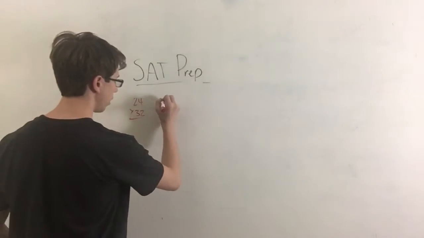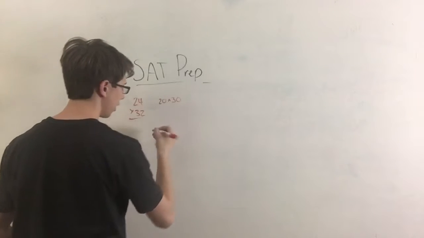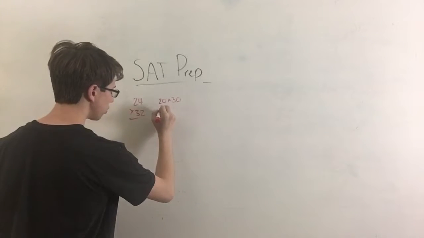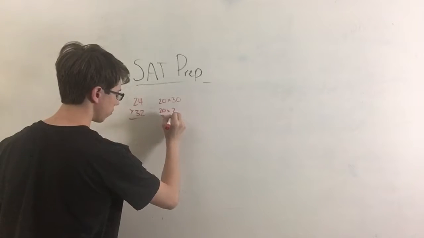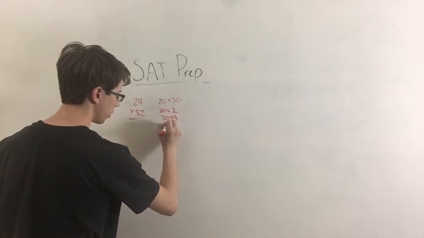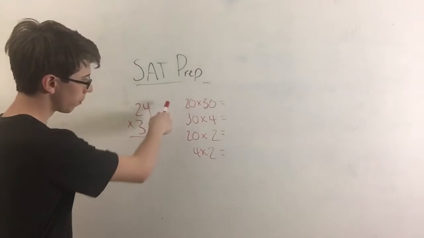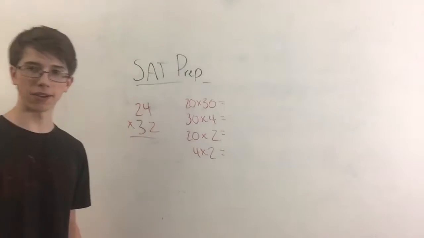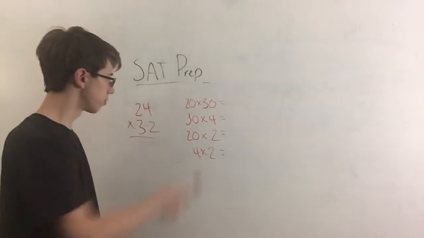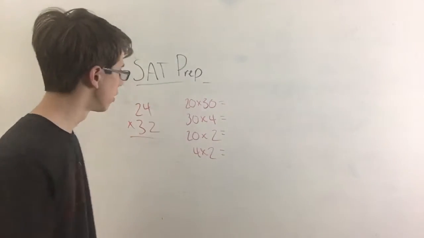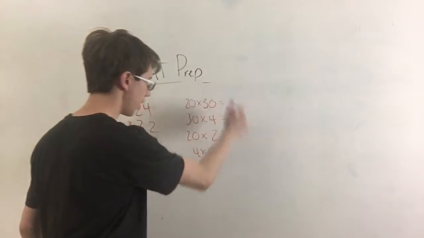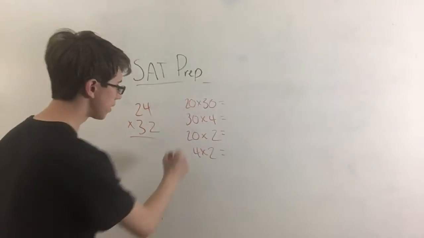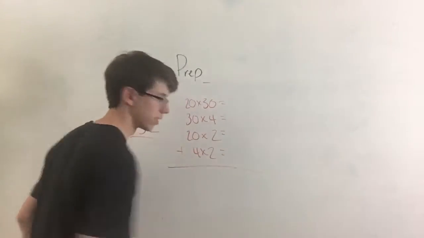So it'll be 20 times 30, and then 20 times 2, and then 30 times 4, and then 4 times 2. We are going to input these into our calculator, right? And then, once we input them into our calculator, each step we're going to record and write down. And then the last step, of course, is adding up all of those together to get the final